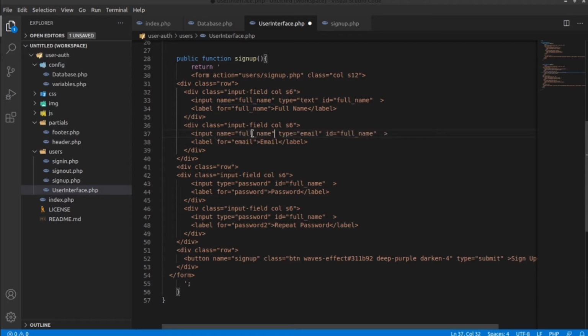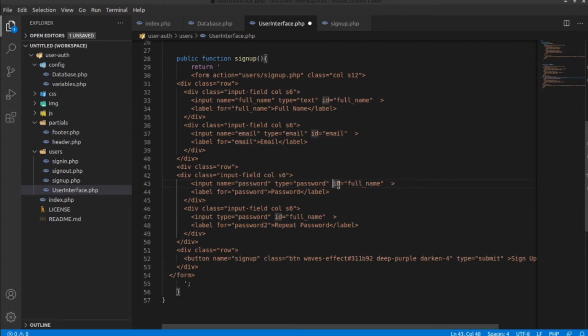Okay, here as well, this should be email, and also change this ID to email. Actually, you don't need to, but it is for the safer side. This input field would be password.